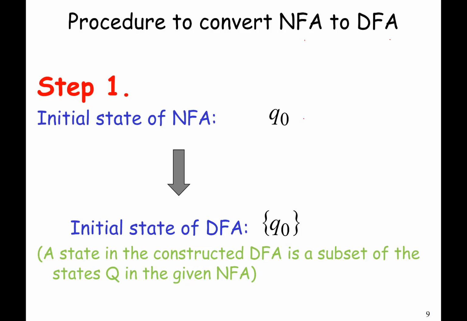So we know what is the starting state of the NFA. That's Q0. So our construction process would be: the initial state of the DFA is Q0 as a set. By this construction process, a state that is constructed in the underlying DFA will always be some sort of a subset of all the states of the underlying NFA. So to begin with, this is a subset of Q which is only one state, the set {Q0}. And then